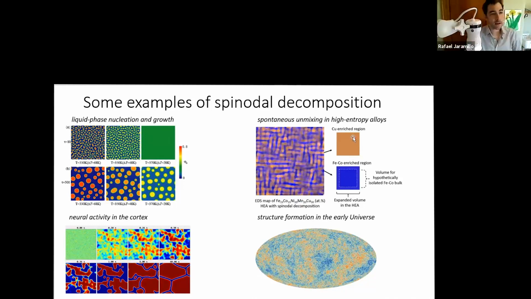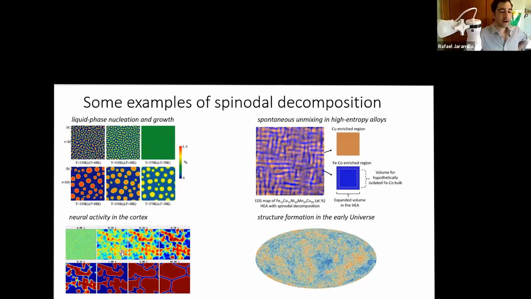And here the boundaries between the regions follow some geometrical order, right? Now the boundaries seem to line up along some grid, and they don't just curve randomly. And so that's reflecting the fact that these are crystalline materials with anisotropic surface energy. So this is sort of a counterpoint to the liquid case. And as you can imagine, this pattern formation, that's what it's often called, is very important to controlling the material properties. Here's another case, slightly surprising maybe, where we see spinodal decomposition, and it's in neural activity